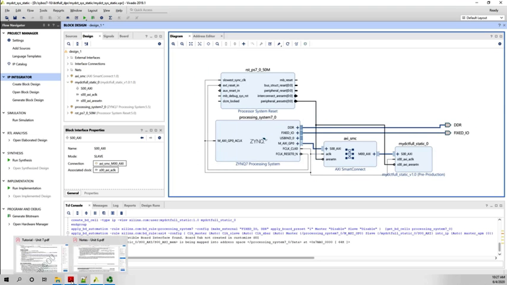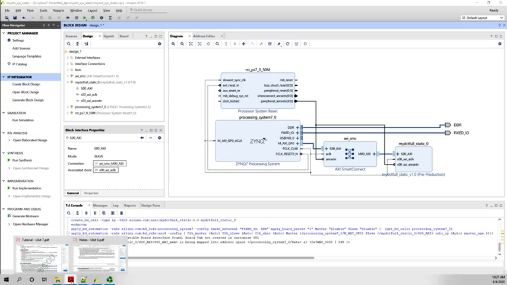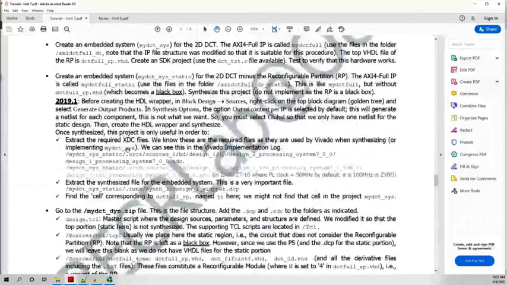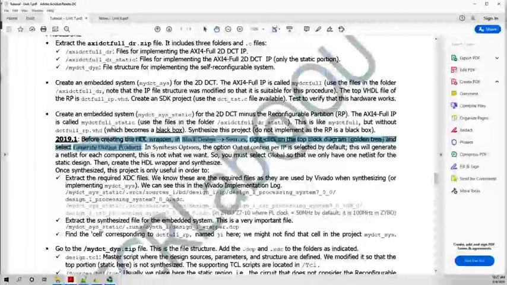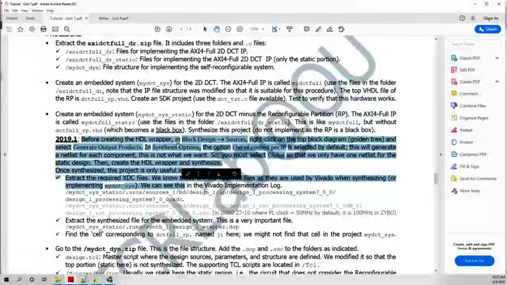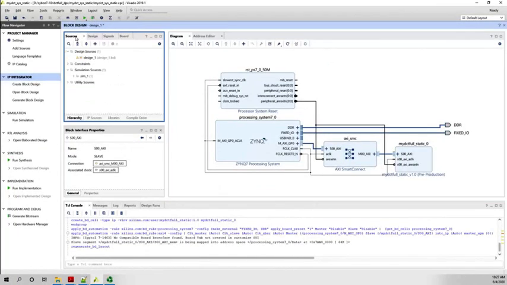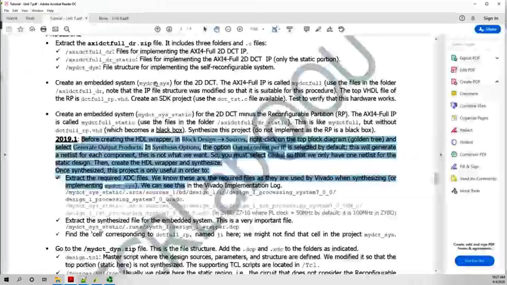And well, what else do we have to do? You remember from the tutorial, it's right here. We gotta be careful about this, right? Before you create the HDL wrapper, make sure to make this modification. You go right here, I think in sources, I think it is. Let me double check because it's easy to